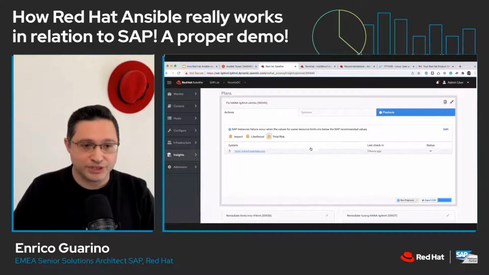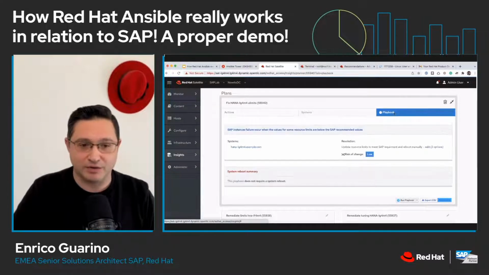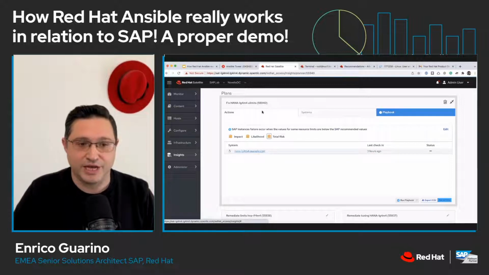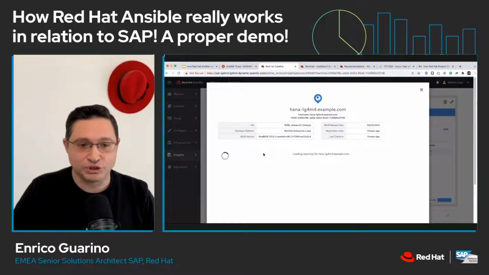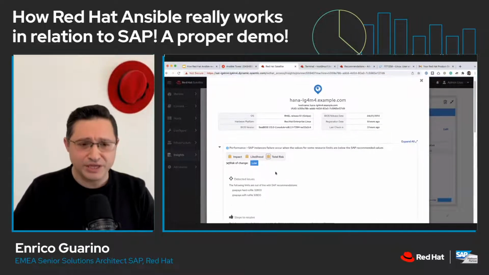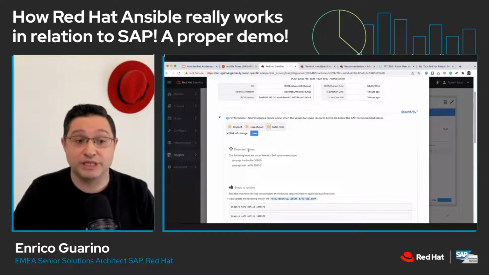So as you can see, the plan has been created. We have the details about the playbook, the systems, the actions, and so on. When we click on a system, we receive much more information. In this case, we receive information about the detected issue.